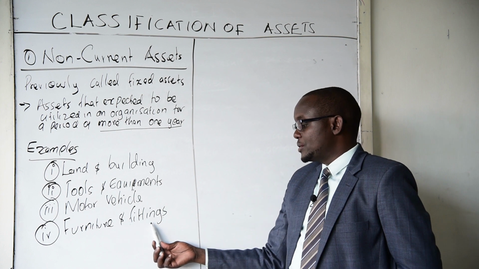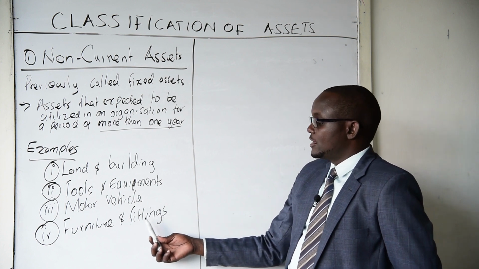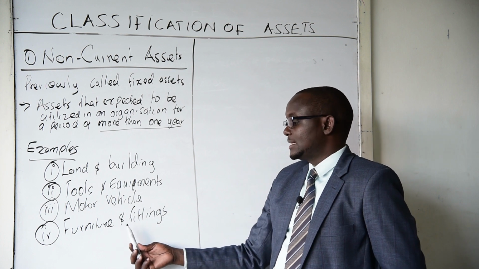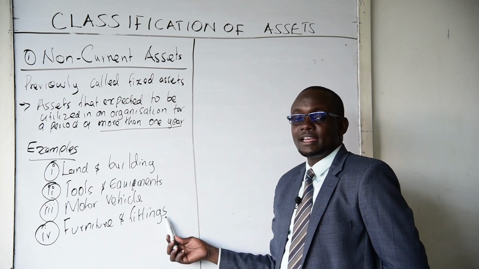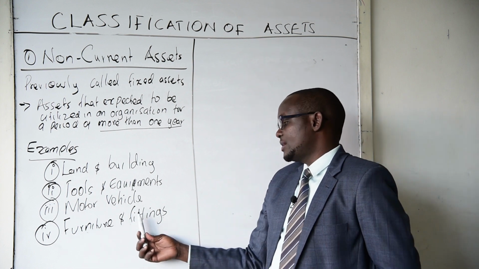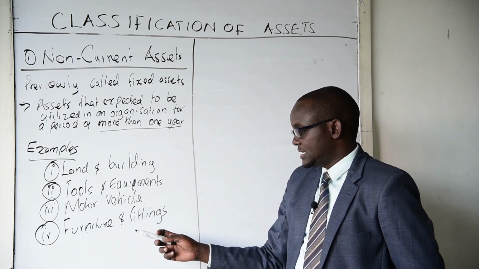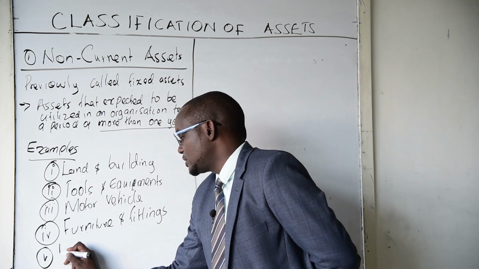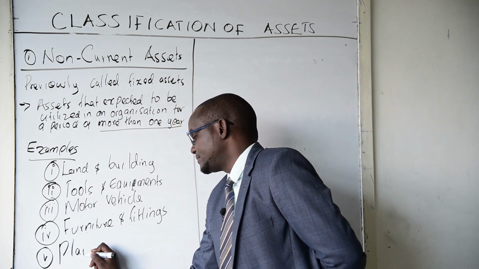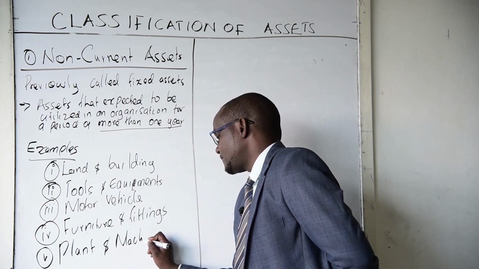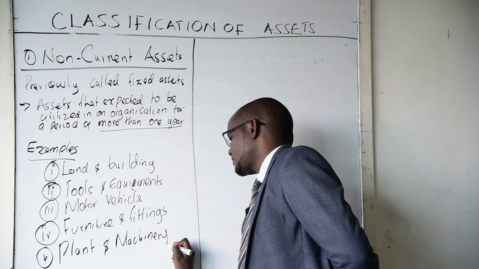The lock of a door is a fitting. You also find there are some metallic elements in the door, like nails. Those will be classified as fittings. We have the furniture, which is actually the timber, and the other part, which is the fittings. Last and not least, we have plant and machinery. Under plant